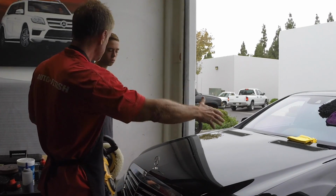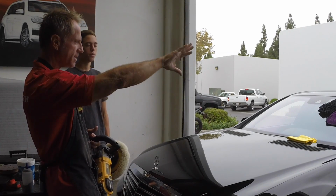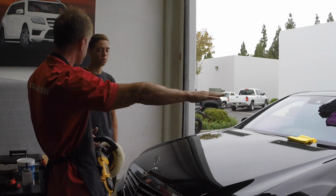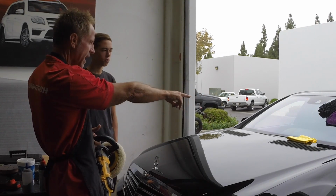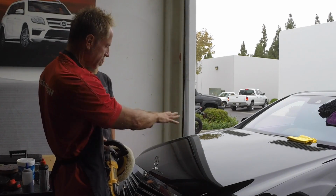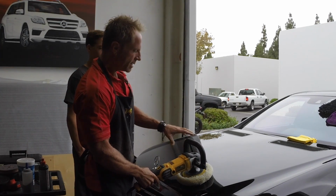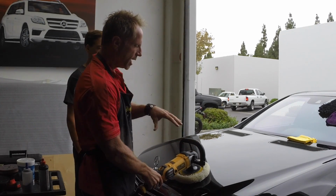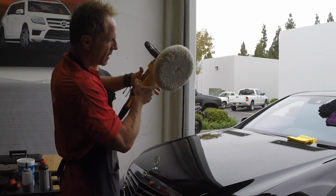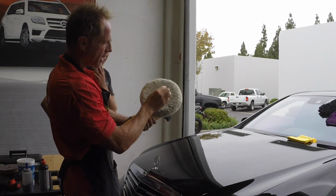It's like the topography. You know what topography means? It's literally like the landscape as far as the heights and the valleys. So the topography of this car hood is not perfectly flat, correct? Never mind that it has some embellishments, which are these front grills and intakes. There's a lot going on here. So the topography of this hood means you have to apply certain pressure. It's all about awareness. If there's an edge and I have this polisher spinning at a high rate or whatever rate, it's going to, instead of dissipating,